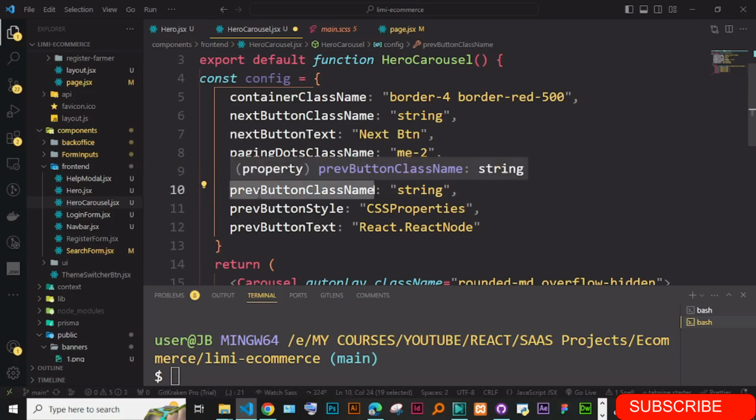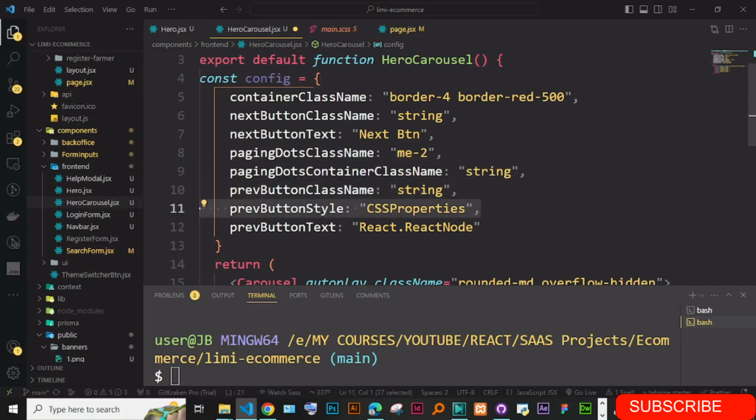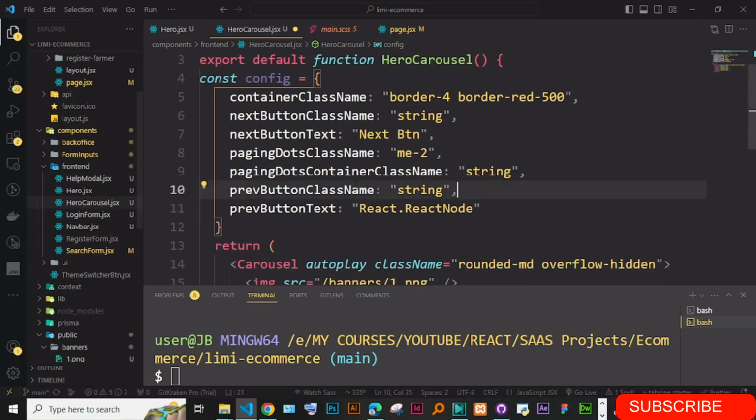Previous button class name, okay, then previous button styles, and then the text, I'm just going to say prev button btn, and let's just see. So if I just want to apply this config file,